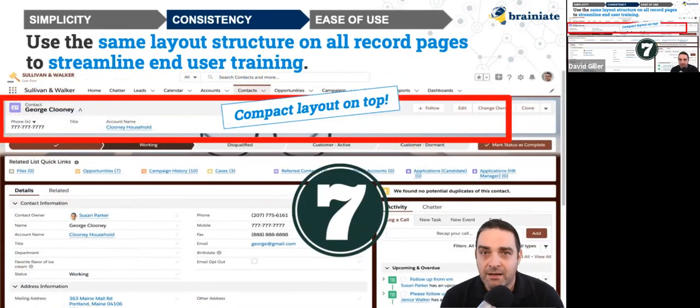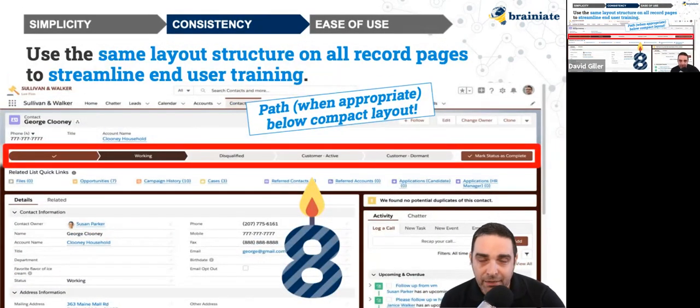Next, the compact layout. It should always be on the top. Don't move it anywhere else. It should always be on the top of the screen. Underneath that, if path makes sense to have on any page layout, first of all,